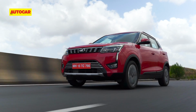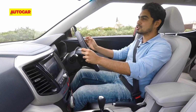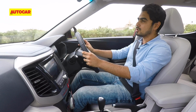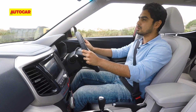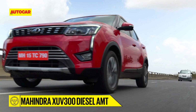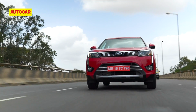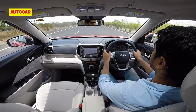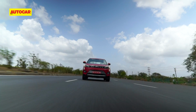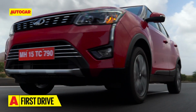It feels like a typical AMT though, especially in the first few gears. So even when you're driving with a light foot, the shifts are noticeable. A pleasant surprise here is that it's not a long, annoying pause like some of the earlier generation AMTs, but don't expect torque converter or CVT-like smoothness from it either. Once on the move though, the shifts in the higher gears are smoother and the transition is a lot more